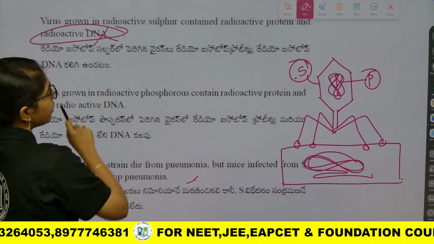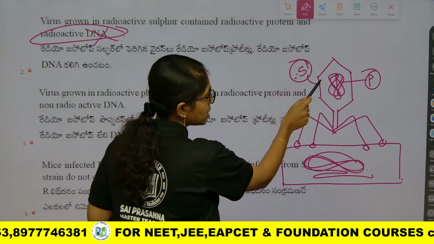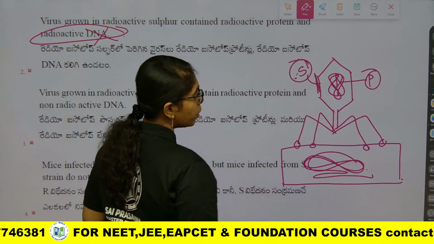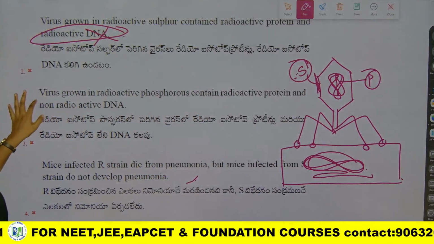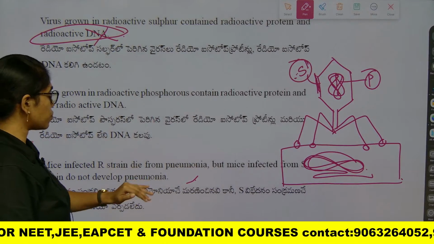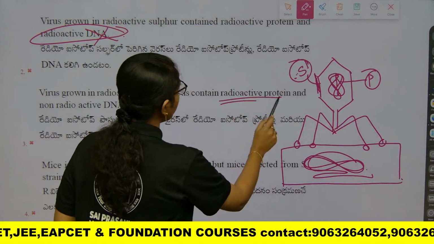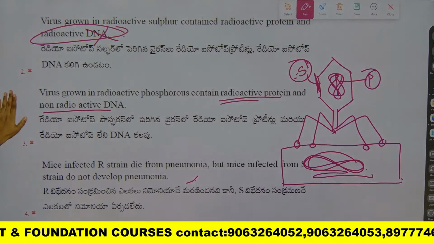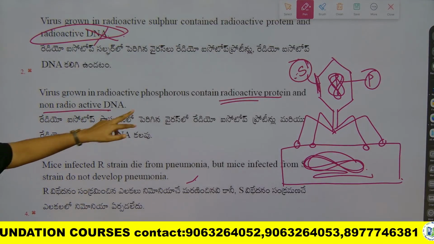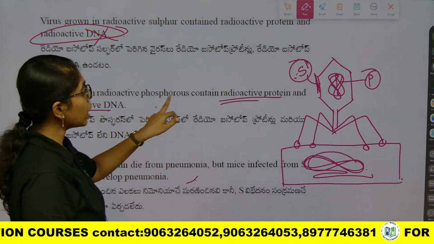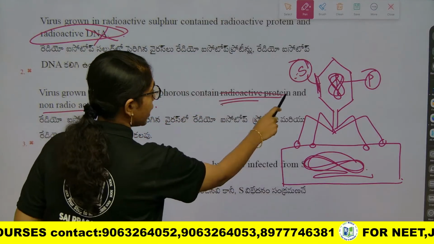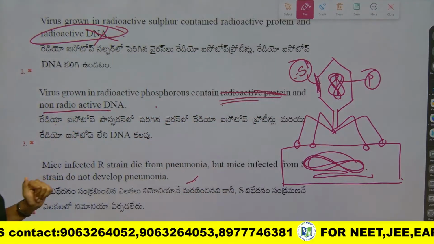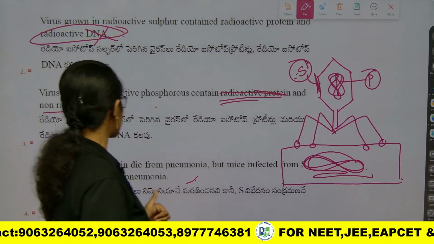It does not contain radioactive DNA because sulfur is radioactive, it is present in the protein coat. Next, you see virus grown in radioactive phosphorus contain radioactive protein and non-radioactive DNA. Okay. Virus that is grown in radioactive phosphorus does not contain radioactive protein, it contains radioactive DNA. Next,